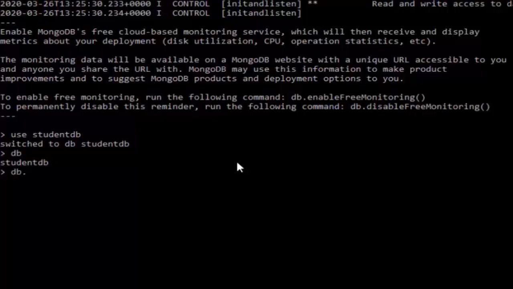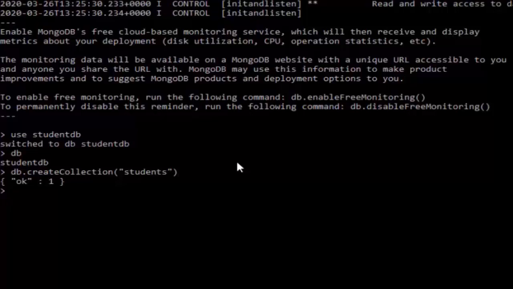So db.createCollection, and in parentheses we'll specify the collection name which is to be created within double quotes. I'm creating the collection as students. Now hit enter. As you can see, the collection has been created now.